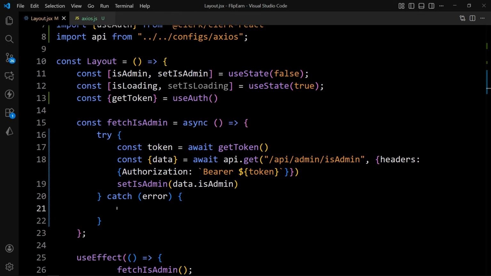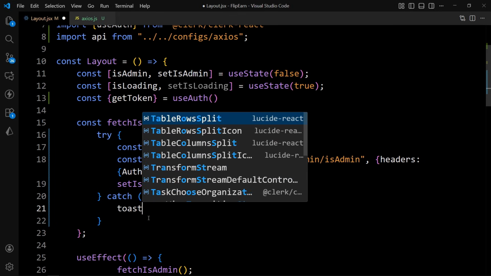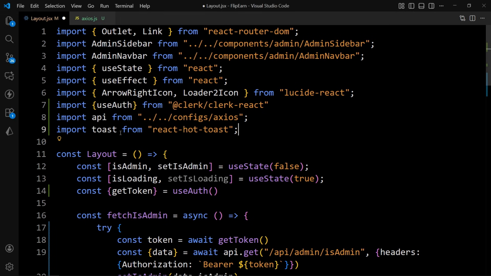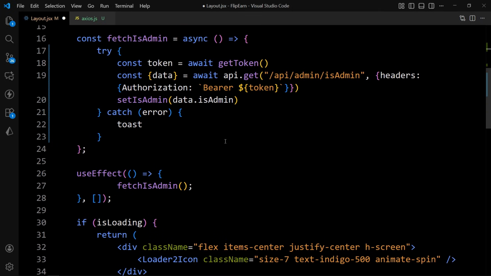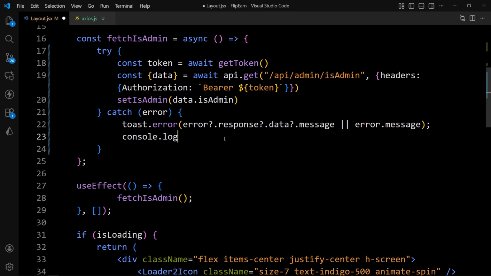In this catch block, let's add the toast notification. So I'll write toast. We have to import the toast first. So let's scroll up, and here we will write import toast from React Hot Toast. And now let's come here and write toast.error and provide the message like this. Then we have to add the console log, and in this console log provide this error,